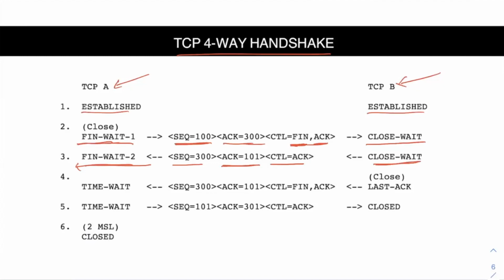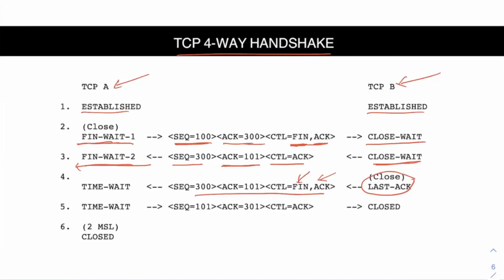Now the server will send the third packet. In this, if you see, the FIN flag is set to 1 and also the acknowledgement flag is set to 1. And if you see, there is again a sequence number and the acknowledgement number is 101, so it will remain the same. And if you see the state of the server, it changes to last ACK. Basically, it is waiting for the last ACK. So once it receives that ACK, after that, the whole connection will be terminated. That's why it goes into this state.